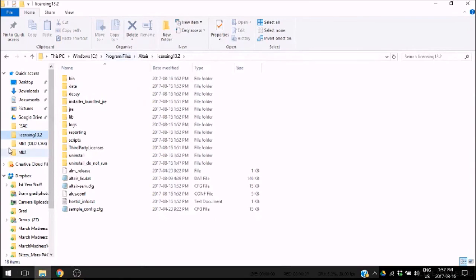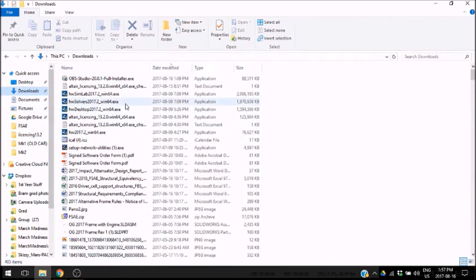From here, you're going to want to install the individual packages that you've decided to download. I believe it is possible to download them all in a batch using the master installer, although I did not have any success doing that. I just chose to install them individually. So if you run the desktop HyperWorks